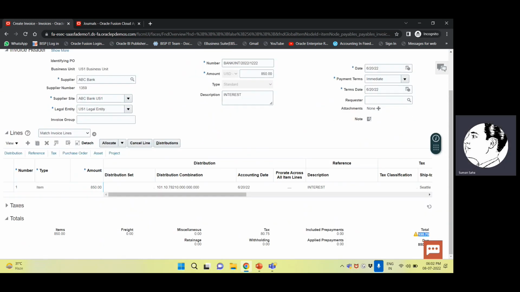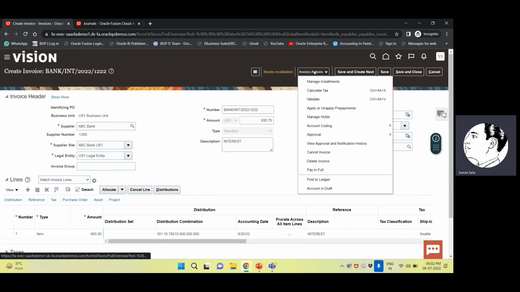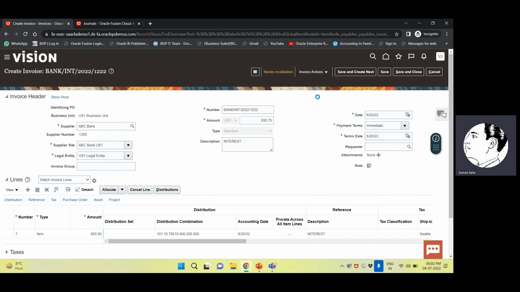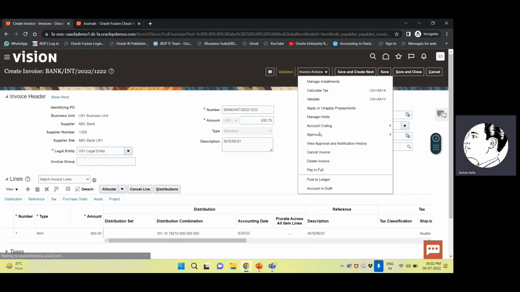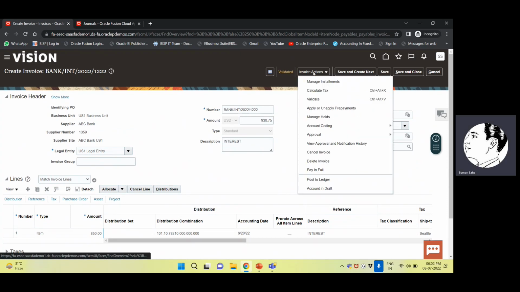So I will take 930.75, the same amount, and validate. Approve the same. Initiate approve and